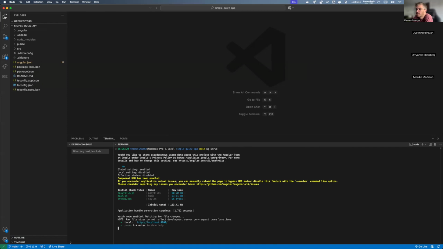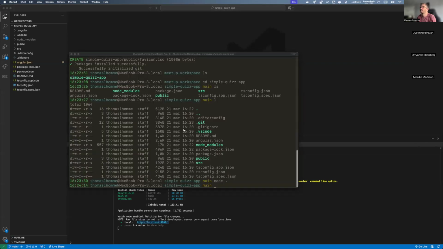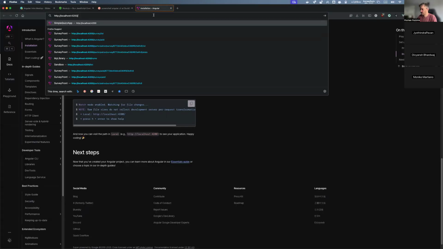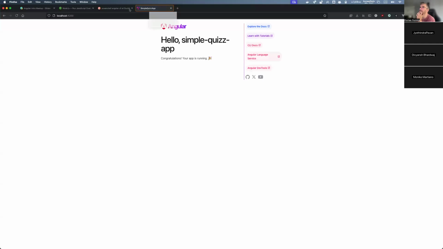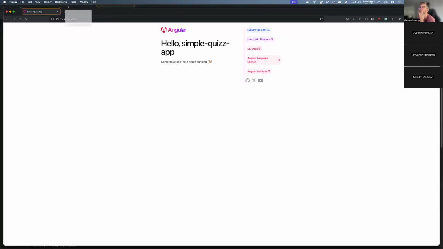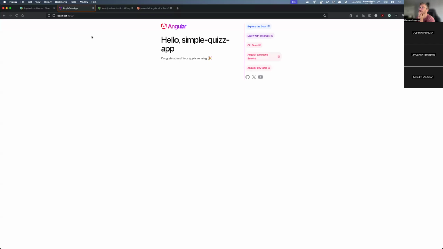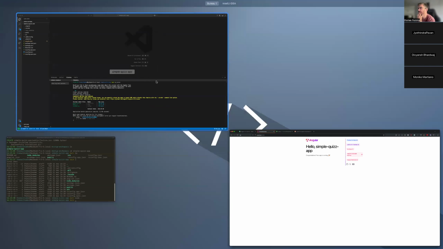You can see that it runs on localhost:4200 here, right? So let's try. I'm going to go to this one here. There we go. We have our application working here. Simple quiz app with just a logo and documentation, etc. We're going to remove all of this very soon because that's not what we want to have, right?